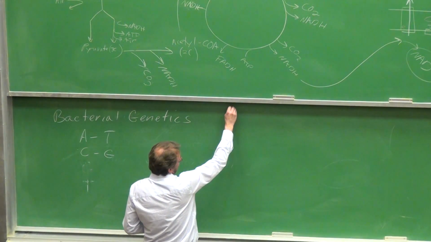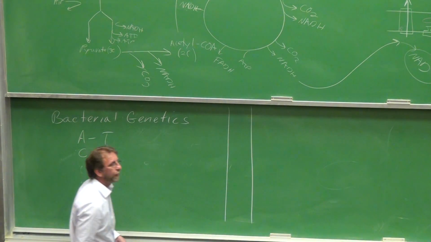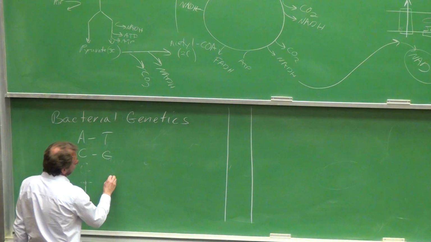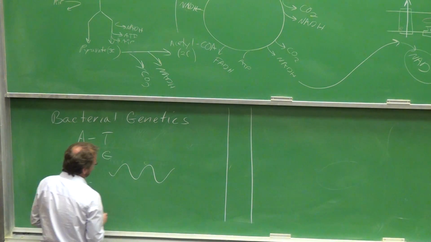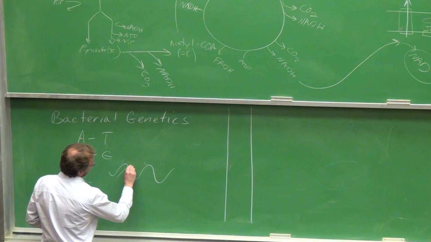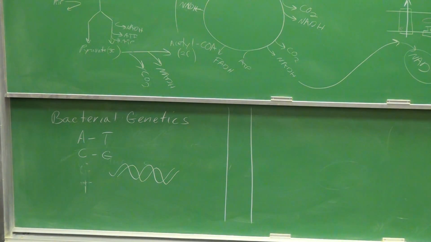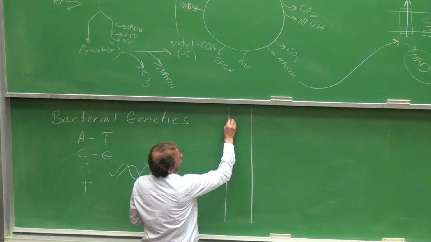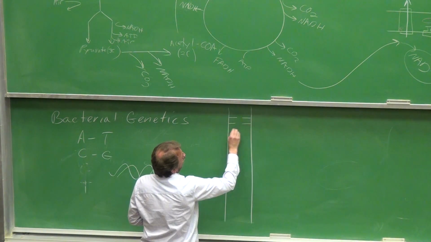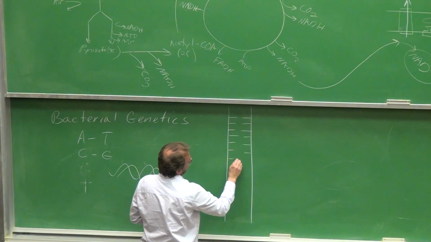If we were to look at the DNA molecule, recognize that it actually is in a double helix, meaning that it kind of looks like this, coiled in a double helix. Think of a ladder that's just been twisted. So if we untwist that ladder,